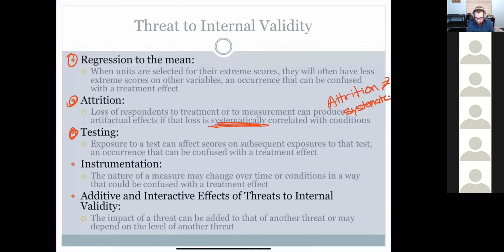So testing. Testing is pretty easy to think about. When we think about a test, what we're talking about is a measurement tool. In some simple cases, what we specifically mean is a test like an examination. Let's say we're dealing with elementary school kids, and we're looking at a program that's meant to improve math scores, for example. If we're testing math ability every 2 months for 2 years, and we use a math test that's like 25 questions, multiple choice, and we never change the test whatsoever,